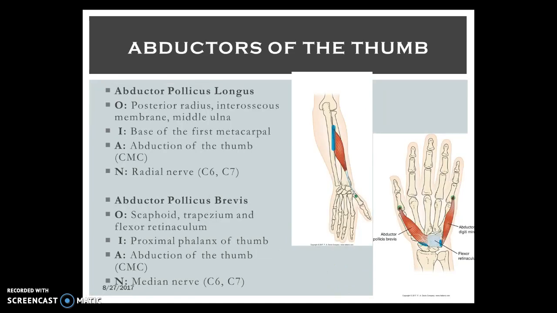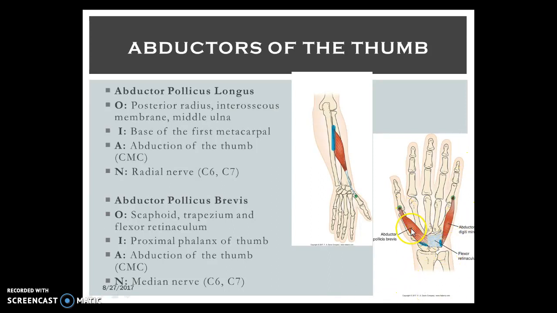The abductor pollicis longus originates on the posterior radius, interosseous membrane, and middle ulna. It inserts on the base of the first metacarpal, so you're going to get abduction of the thumb just at the CMC joint. The abductor pollicis brevis, this little guy in here,